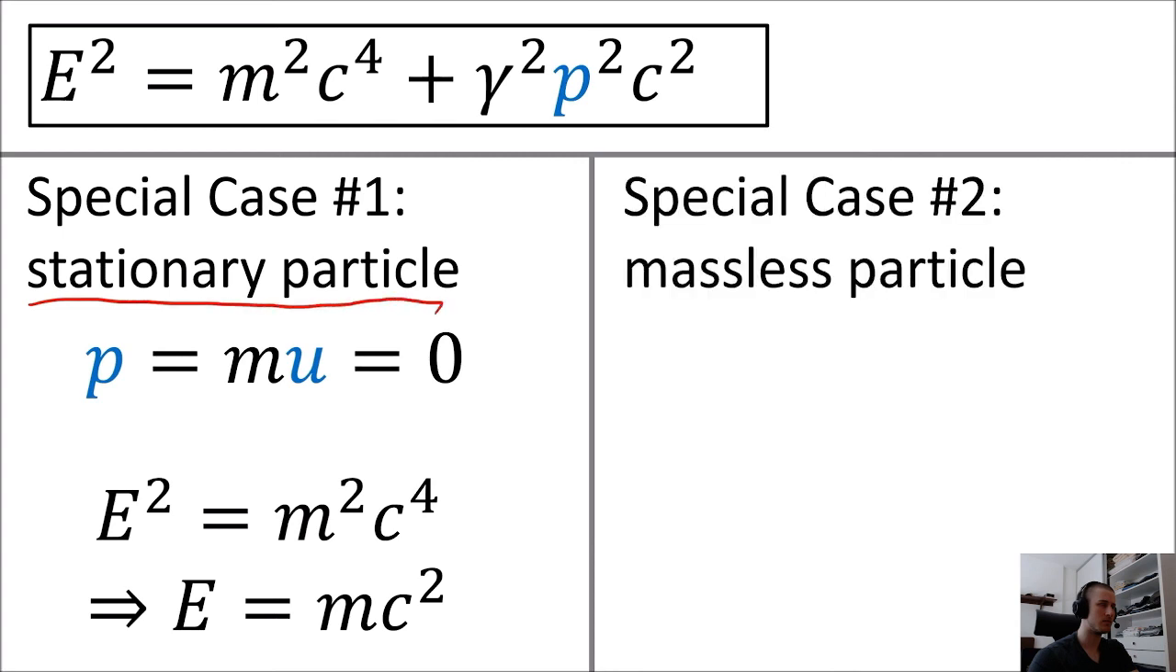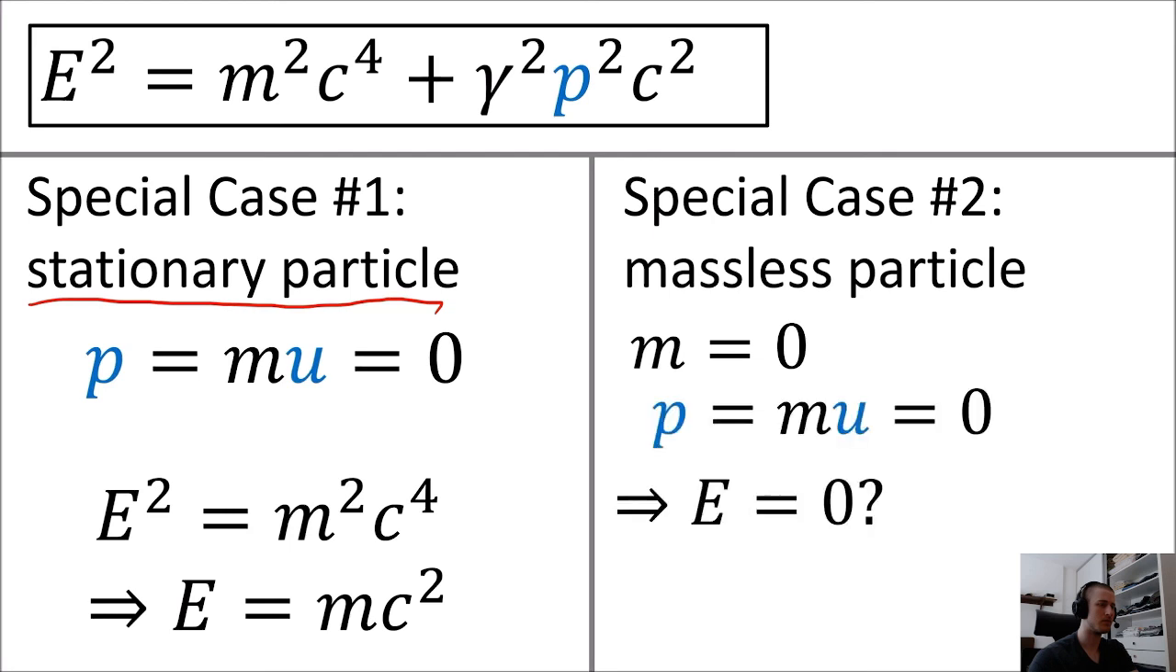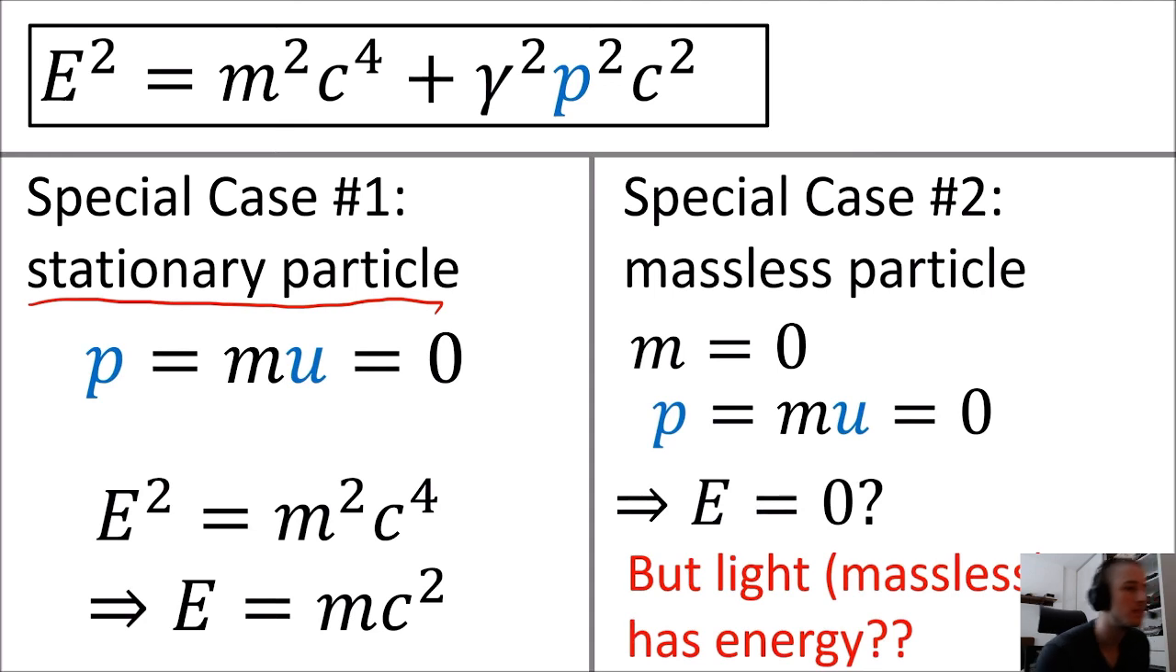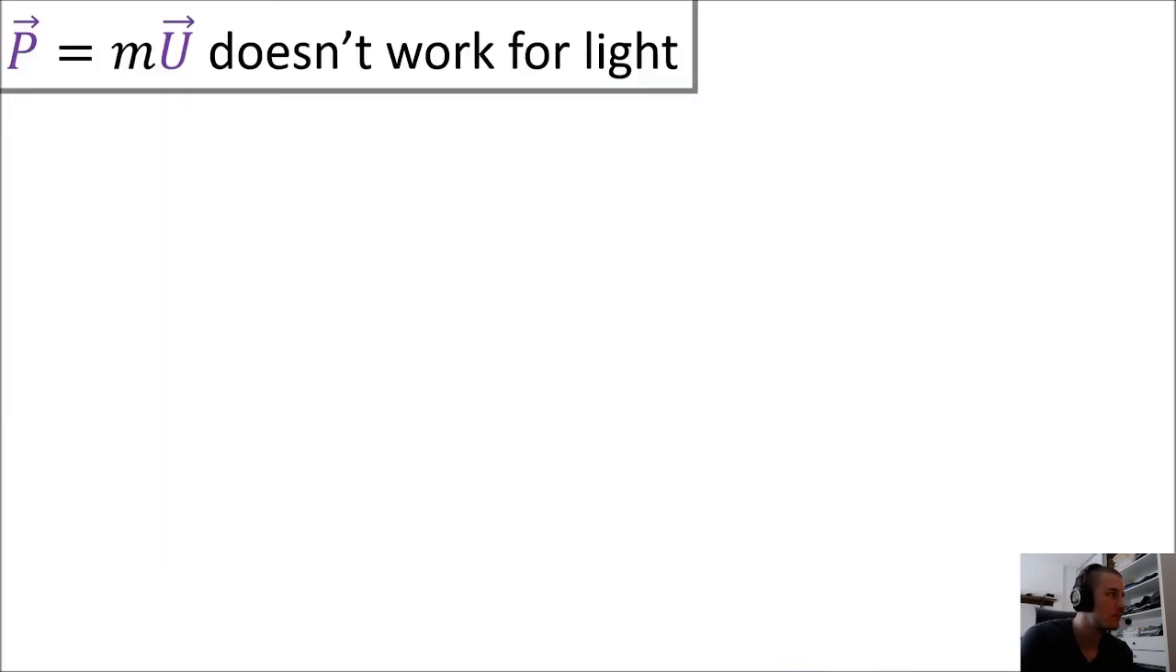Another special case is the case of a massless particle. If m equals 0, the above formula seems to imply that energy is also 0. But we know that light, which is massless, definitely carries energy, since the sun's light heats the Earth, so something must be wrong here. It turns out that the formula mass times 4 velocity doesn't work to get the 4